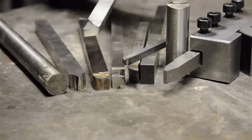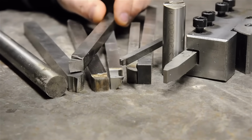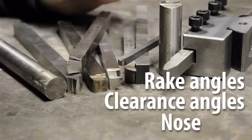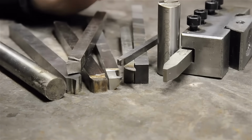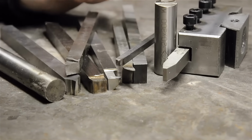It's a beautiful winter morning that I'm about to spoil by sitting down and doing the one video I thought I'd never do. Grinding a single point cutting tool. Rake angles, clearance angles, nose radii, all that stuff. First, and don't get me wrong, there's nothing I love more, but it's a bit of a tricky one to